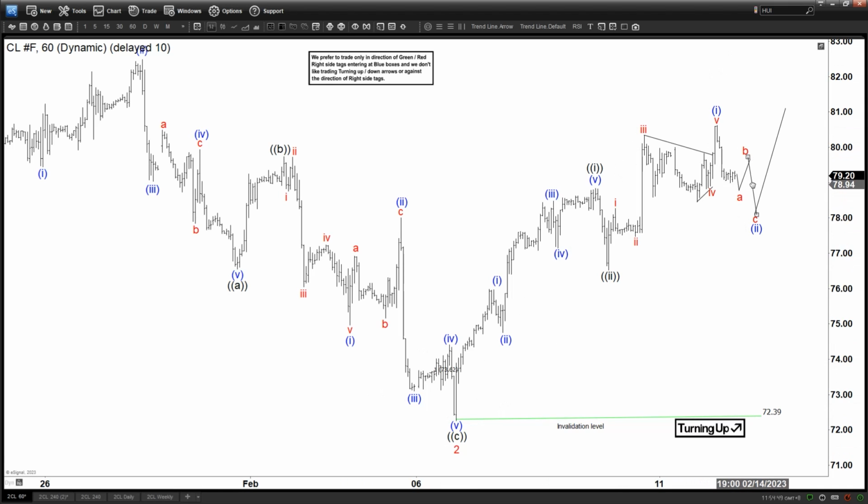And as you know, within wave 3, subdivision should be in 5 waves. So from this low here, we have a wave 1 ended here. This is your wave 2, and then now it has continued higher again. So that means we are now within 1 of 3 here. So we got a 1, 2, 1, 2, and then now looking for a potential pullback in the wave 2